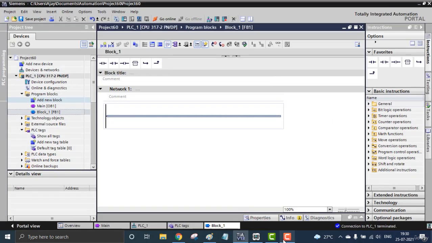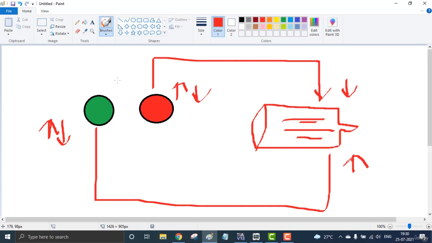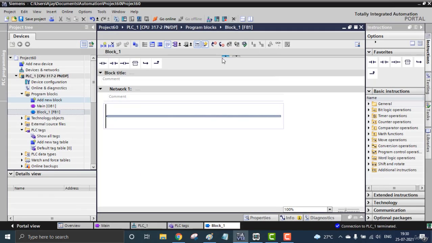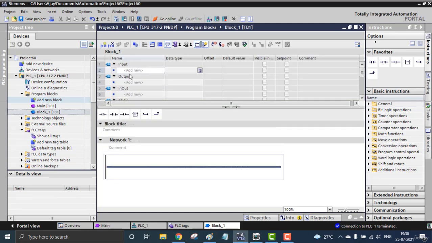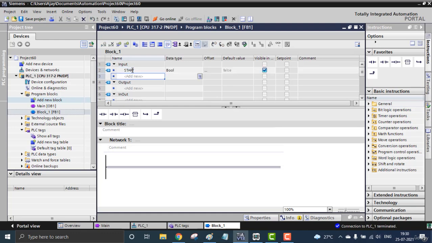For this we can go to the paint again, and you can see there are two digital inputs, which are two switches, and one digital output. So start, stop and the motor are the inputs and outputs. For creating the user-defined function block, we have to define the number of inputs and outputs we are using. Here we are using an input, start, S-T-A-R-T.